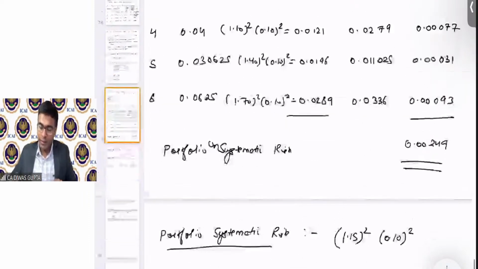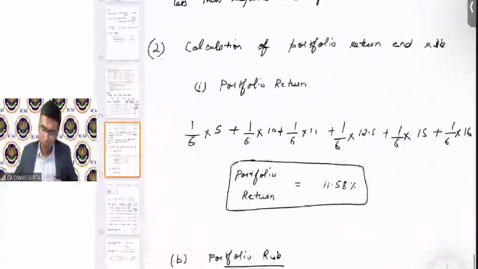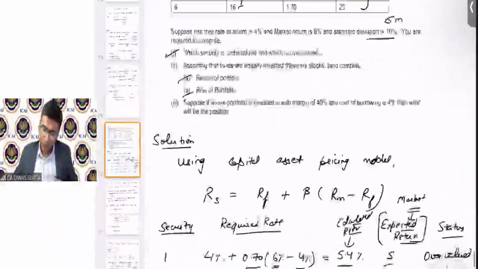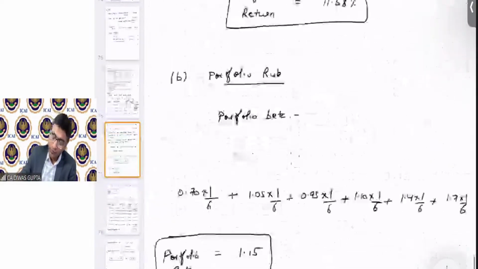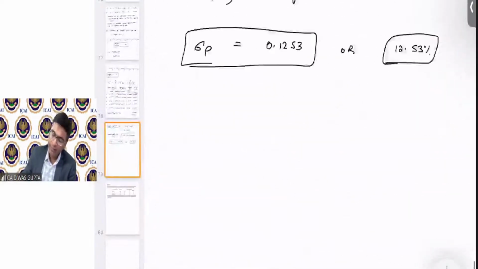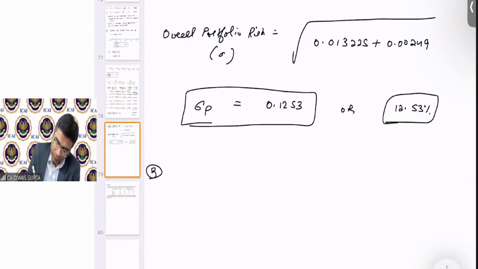So students, let's come to the last part of this question. Suppose the above portfolio is invested with a margin of 40% and the cost of borrowing is 4%, then what will be the position? So what they're trying to say in the third part is